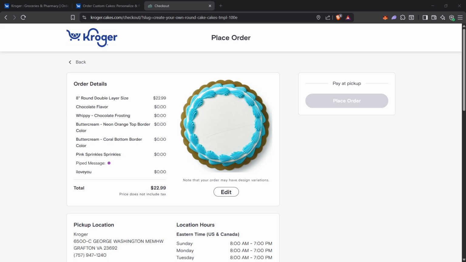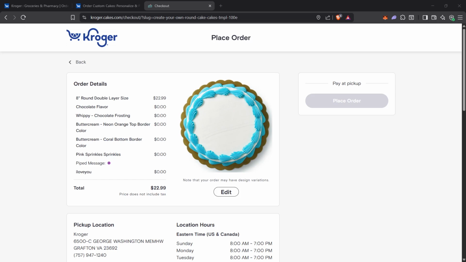Then show your order confirmation. You can present the email on your phone or a printed copy. The staff will check the name, order number, and pickup date against their records. Once they confirm it, they will bring out your finished cake, usually in a clear or windowed box so you can take a quick look.